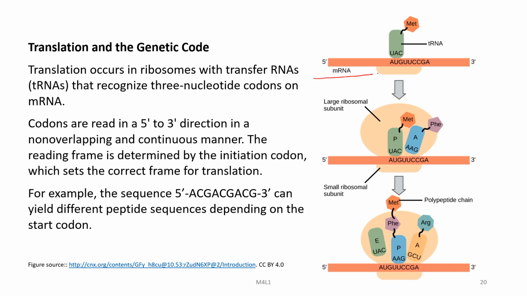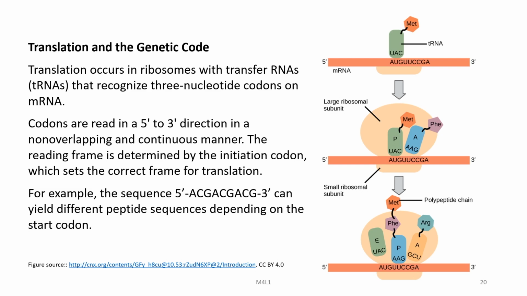Let us look into this diagram first. This is an mRNA molecule having a directionality 5 prime to 3 prime. This mRNA is produced from DNA by the process of transcription. Once we have this mRNA in our hand, you have U here in place of the T. Now, these triplets represent one codon, and of course, depending on the reading frame, we may have many codons from a small stretch of mRNA molecule.